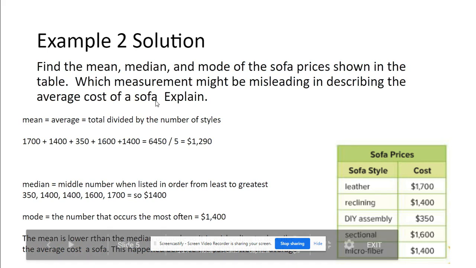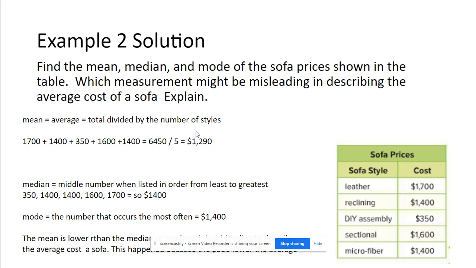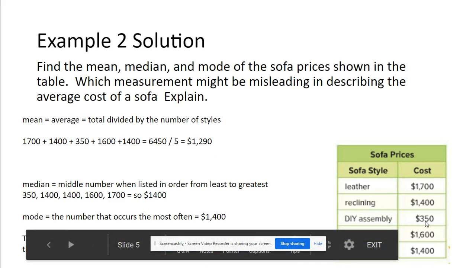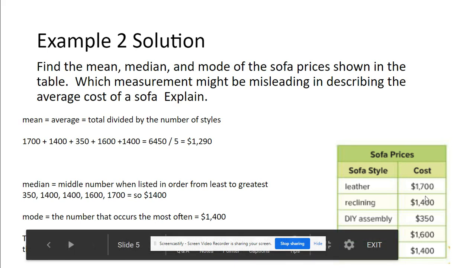In this case, the mean is the one that doesn't really fit with the other 2, so it would be misleading. And really why that's happening is because this cost of the DIY assembly is so significantly less than all of the other types, it distorts what is really kind of the average. I mean, it is the average, but more sofas are over $1,000. They don't have a lot of other choices, at least that we know of, that are under $1,000,